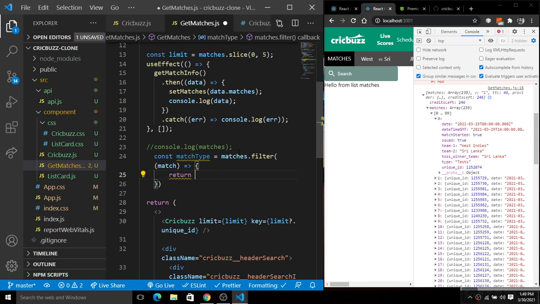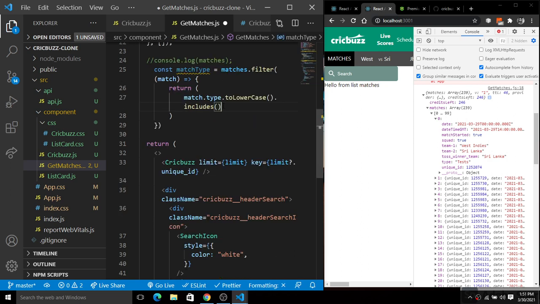So it will simply set the search with that particular user entered words. So we have match.type.toLowerCase, and there we have this includes. Inside of this includes we have search, right? If it is in capitals, we will simply make it small. So for this we have search.toLowerCase, so we'll change it to lowercase there, right?